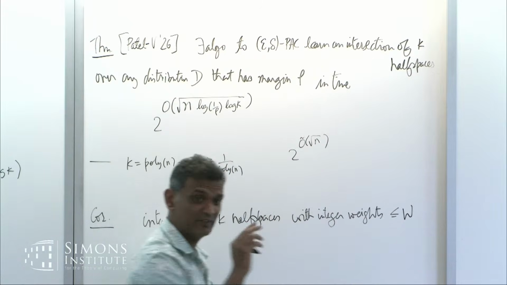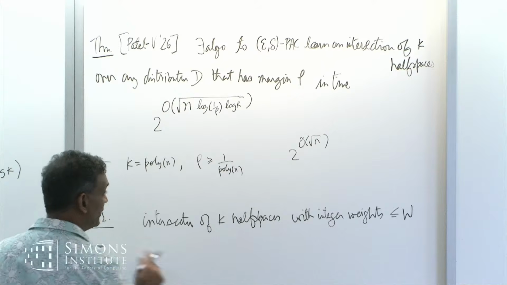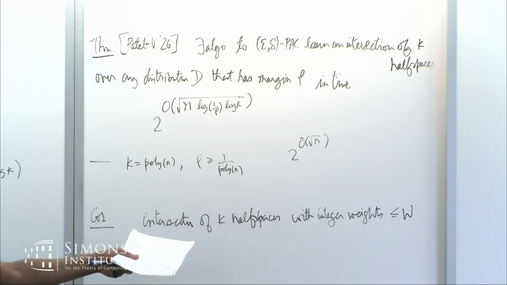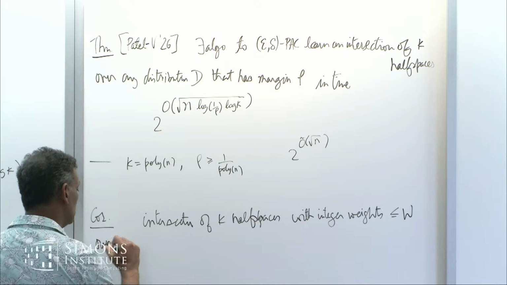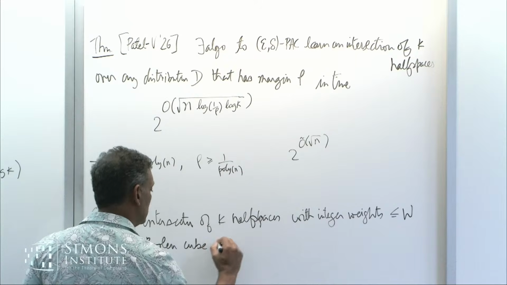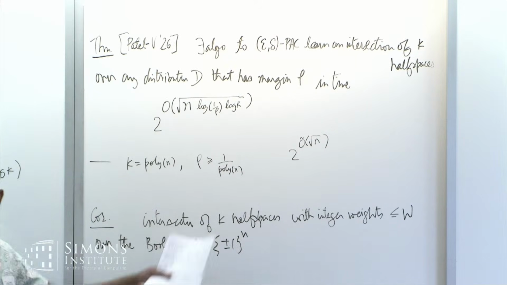So the coefficients in the integer vector have weights at most w. Then you don't need to worry about margin anymore, because assuming this is over the Boolean cube, plus minus 1 to the n, it automatically gives you a margin that's polynomial in n and w,